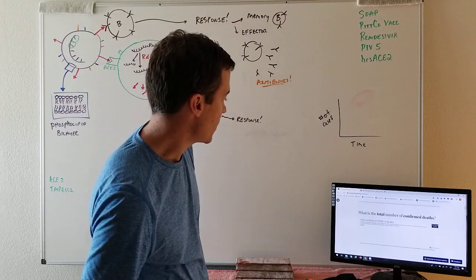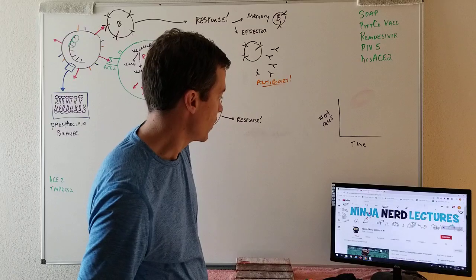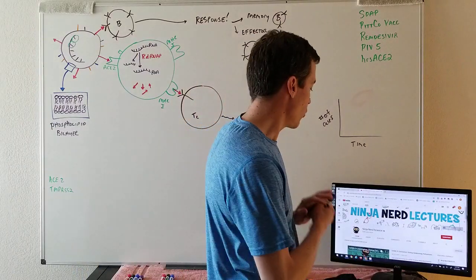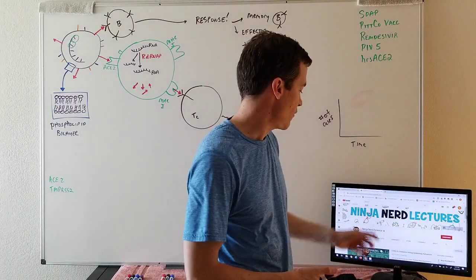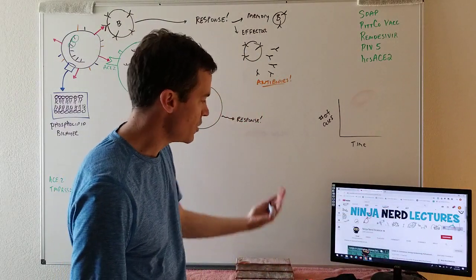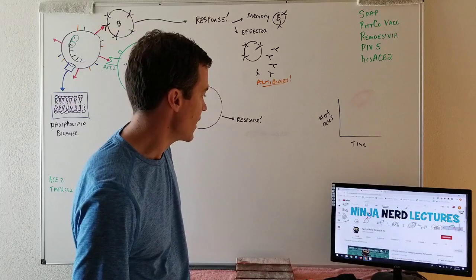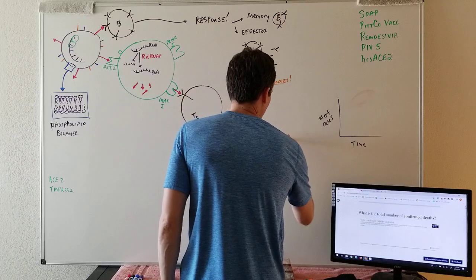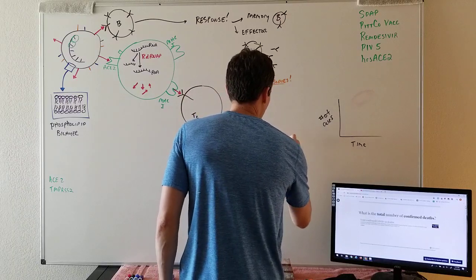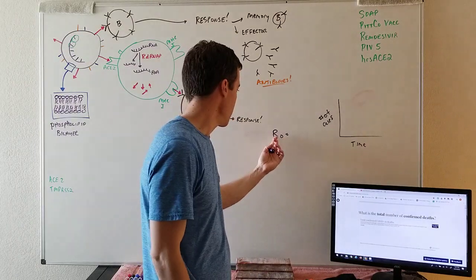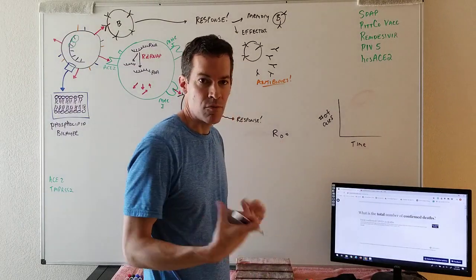I did want to start off by saying we're going to explain this thing called the reproductive ratio, R0, and I totally stole how to explain that from Ninja Nerd lectures. So this next little part that I'm going to show you, I completely stole from this guy. So we've got this thing called the reproductive ratio, R0. And when you get deeper into math, you might come up with them having like a subscript 0 and